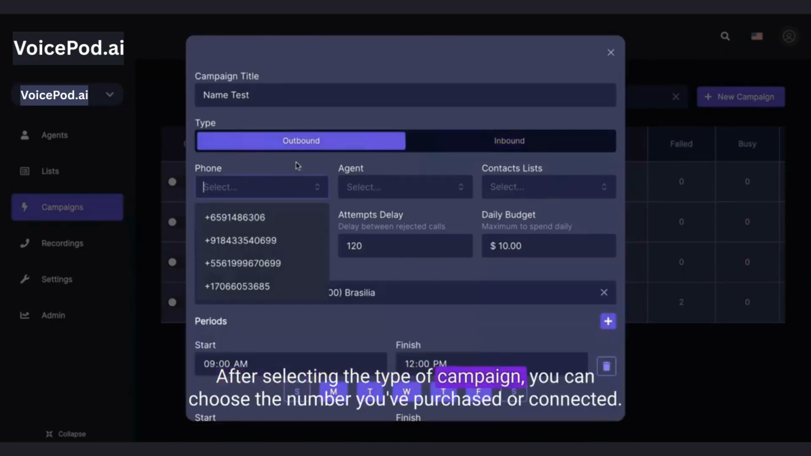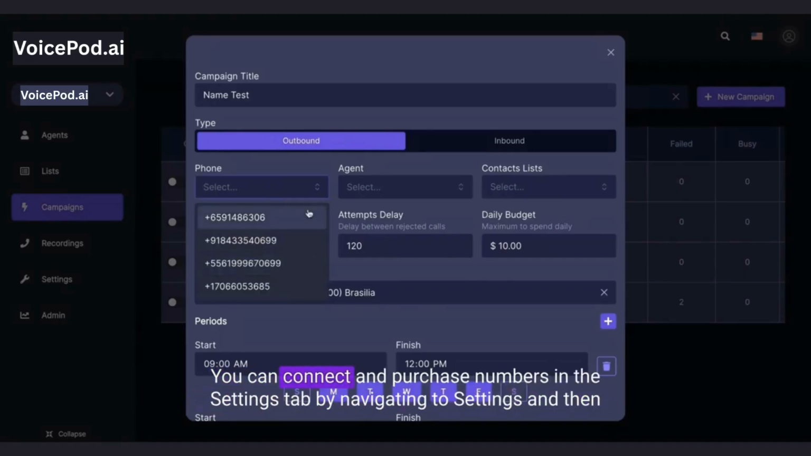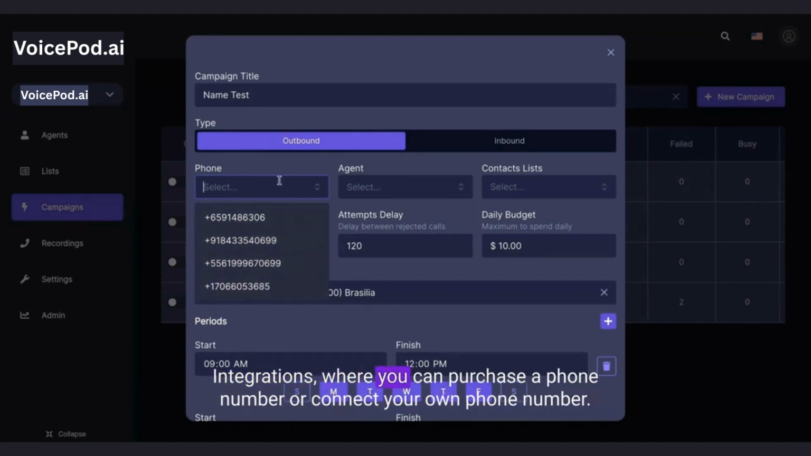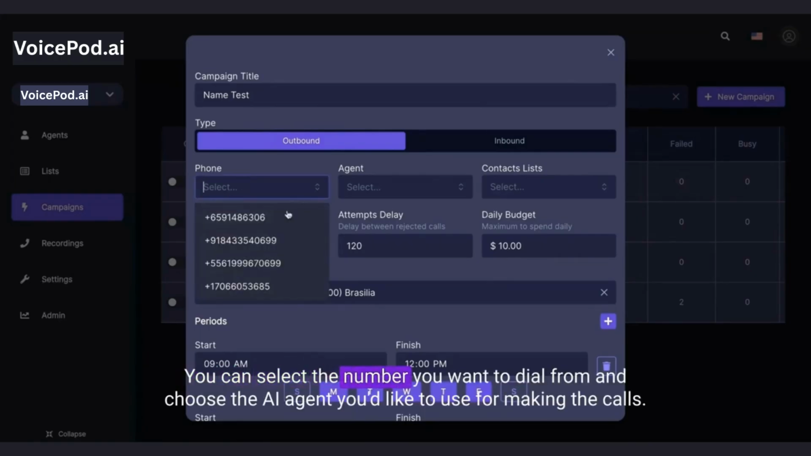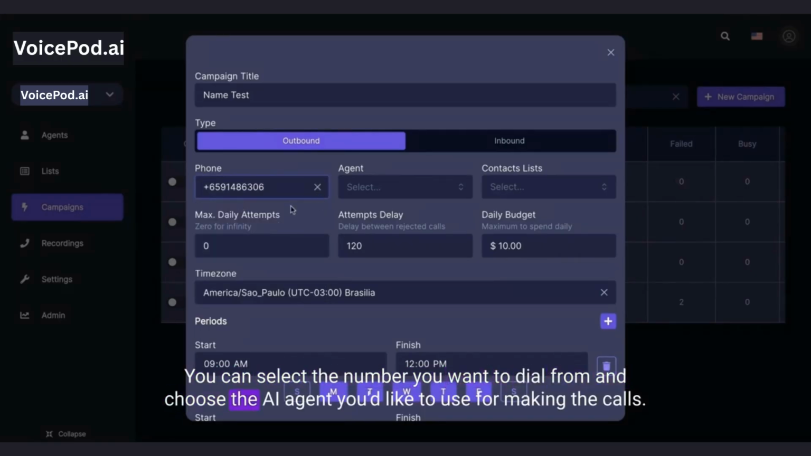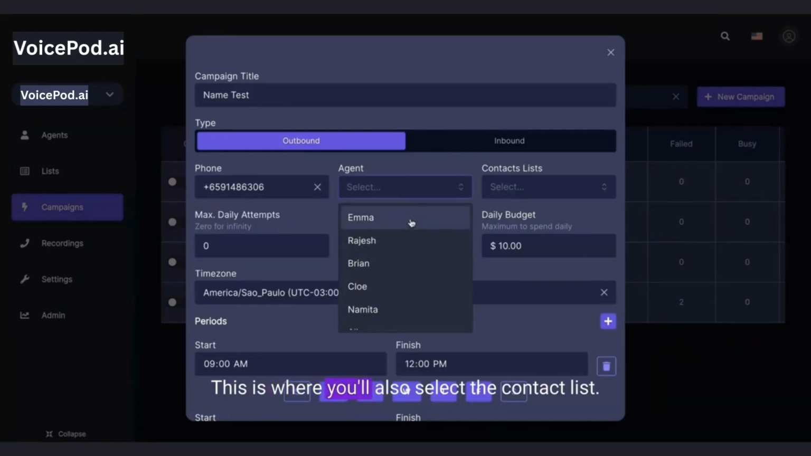After selecting the type of campaign, you can choose the number you've purchased or connected. You can connect and purchase numbers in the Settings tab by navigating to Settings and then Integrations, where you can purchase a phone number or connect your own. You can then select the number you want to dial from and choose the AI agent you'd like to use for making the calls. This is also where you'll select the contact list containing the leads you want the AI